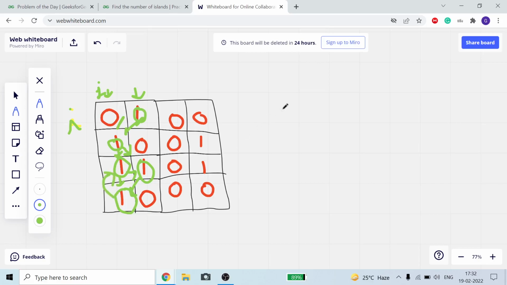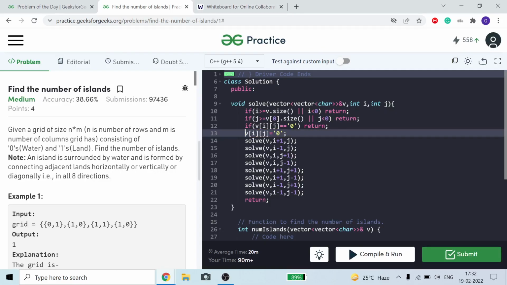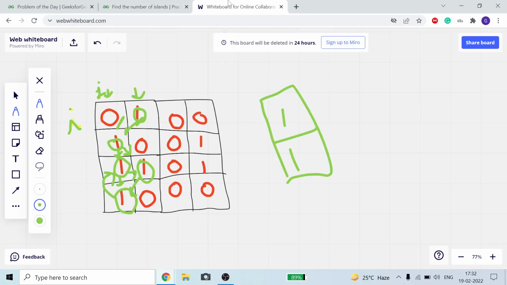Like, suppose we have a matrix like this and we are not doing this equal to 0 condition. Then from this we come to this, and from this we will come to this, and again from this we come to this again. So it may make a cycle and you will get TLE, or a runtime error I can say. So that's why I come to this, which means I have taken the contribution of this index, so I make it 0.